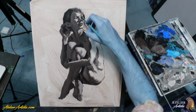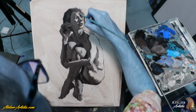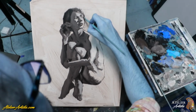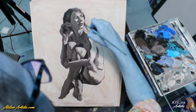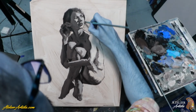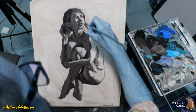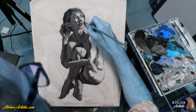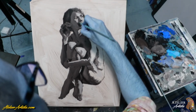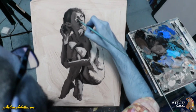Nose, forehead. Wow. Surprise! I want to put a background in. It's past time. You won't be able to see what color it is, but